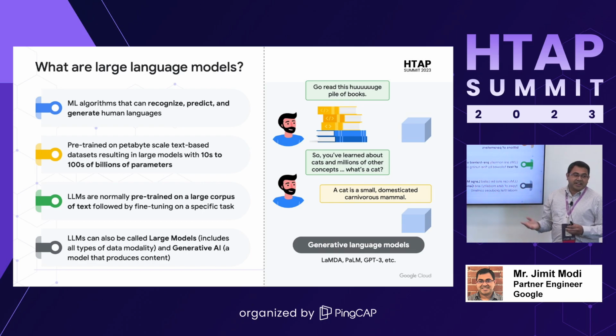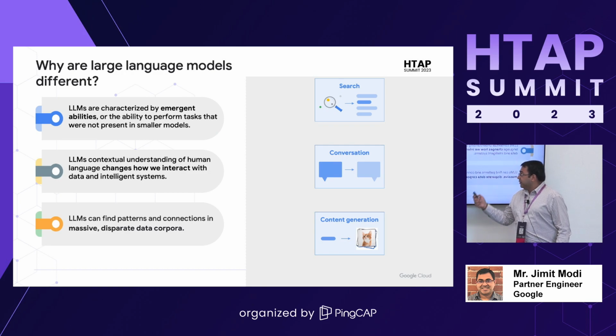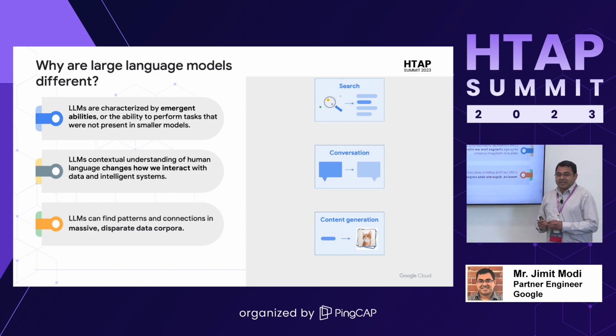The response which you are getting is not actually what it read in the book. It's not something you have coded. This is what it gained from going through all these petabytes of information. So that's why it's unique. We are not telling it what to say. The response is coming back on its own. And this is what we call emergent capabilities, right? Where you have not told the model how to respond when somebody asks you about a cat, a dog, or an animal. It just understands the context of the question, and it comes back with a response.